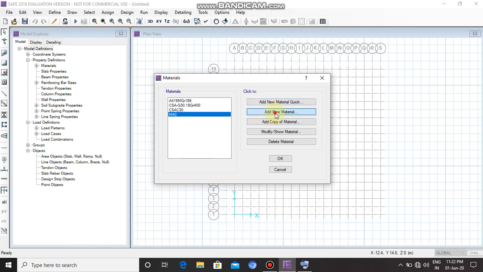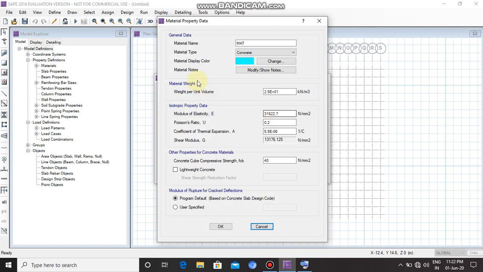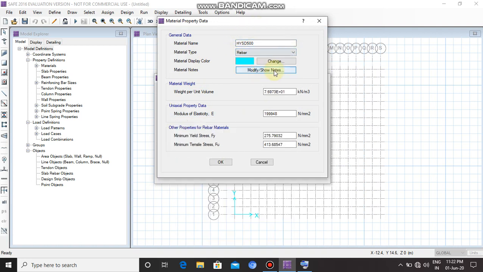Again, add new material. Material name is Fe500. Material type rebar. Weight per unit volume 77.